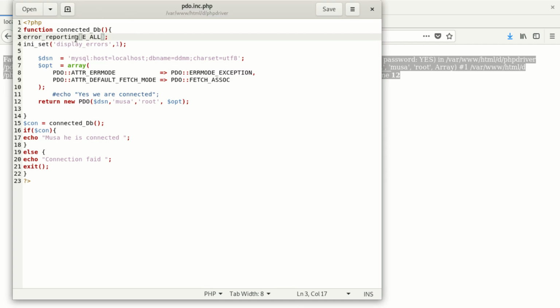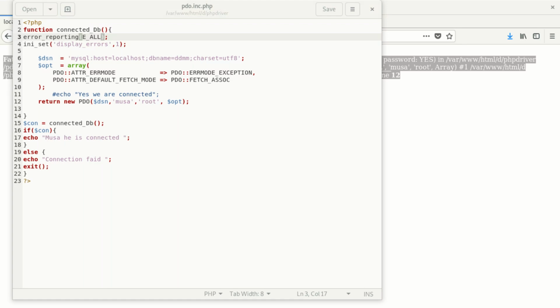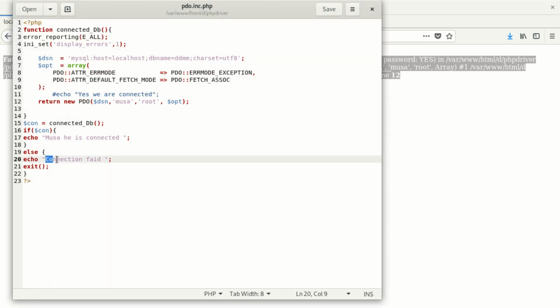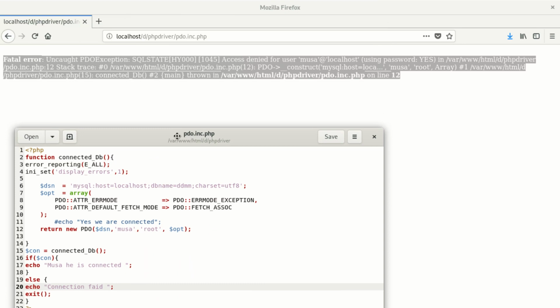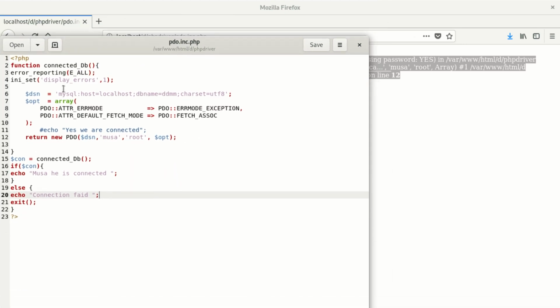The reason why, you can see, if we delete these codes, we'll never see that error again. But then the program is not going to work, because if the program is working, it's going to tell us, "Musa is connected", or it tells us this. Since we can't see that, we're going to try to see if our